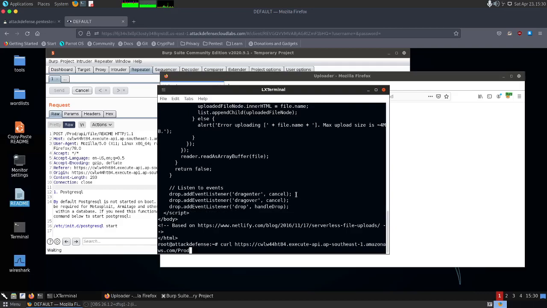Now we can see that it's basically doing a curl to the API, file and then a name of the file, right? So I can do a readme again, and then in the data it is sending the actual file. So I will send something here, doesn't matter what we send here, this will be the contents of the file.